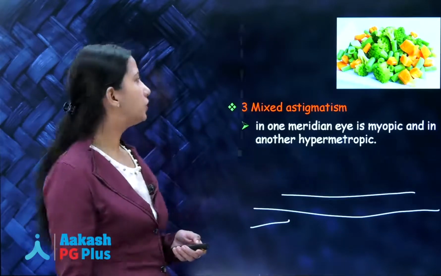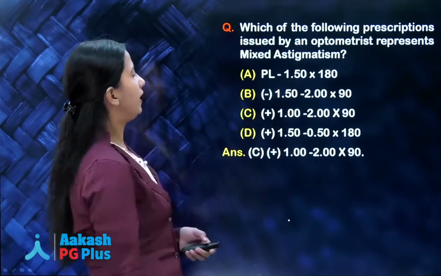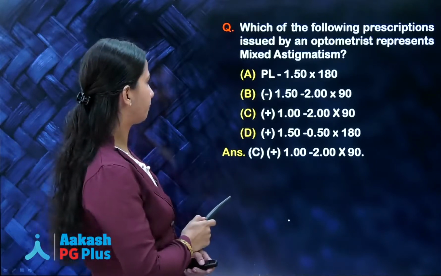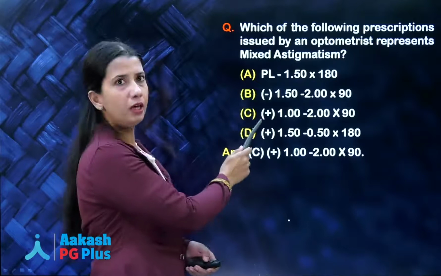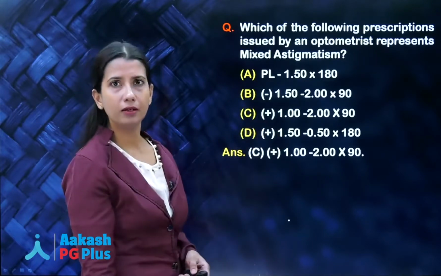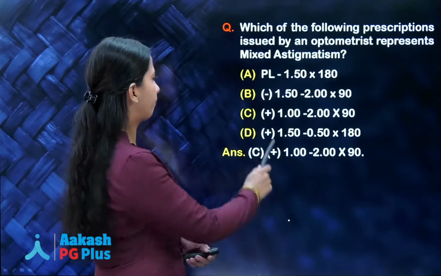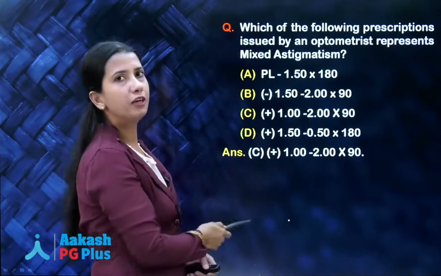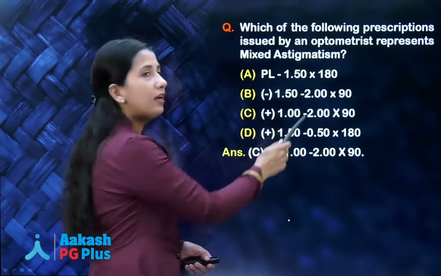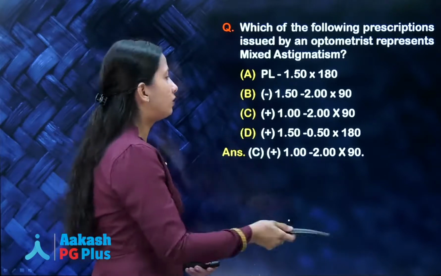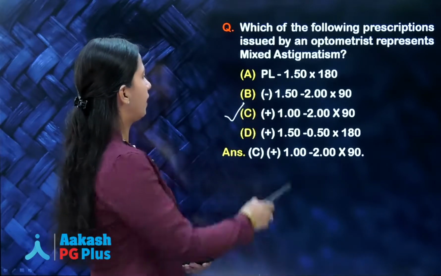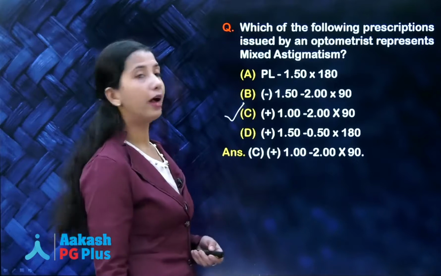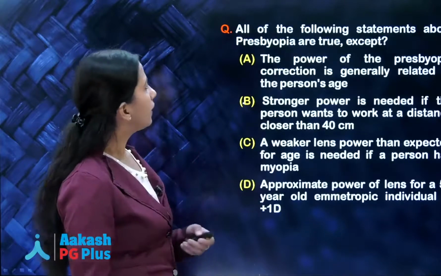So let us go back to the question now. Out of these, option A is saying plane with minus cylinder. So it is a simple astigmatism. Now in the option B, both sphere and cylinder have the same sign. So that option is out. In the next option, yes, the cylinder is -2 but the sphere is +1. So the cylinder is of greater magnitude and opposite sign. So this is our answer. And in option D, the cylinder is smaller than the sphere, so that is out. I hope you can solve other questions like this now. Next question.